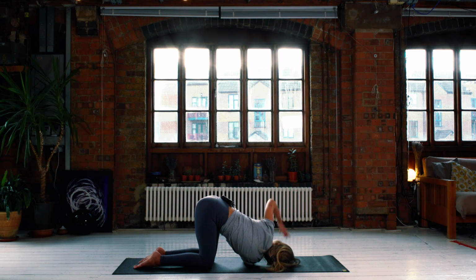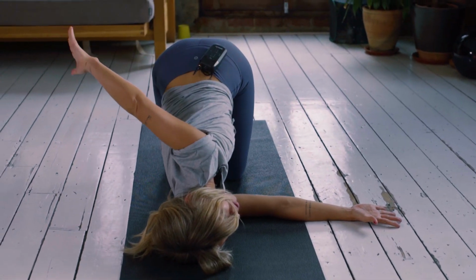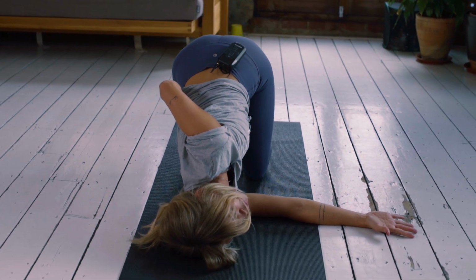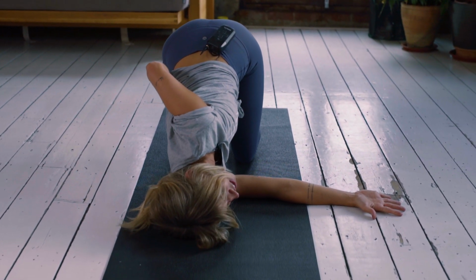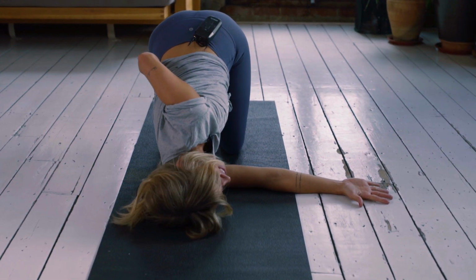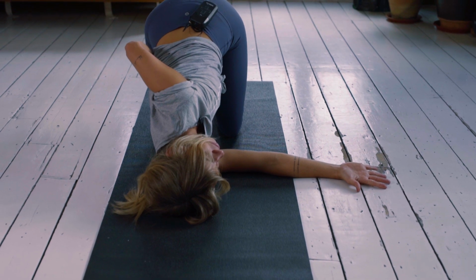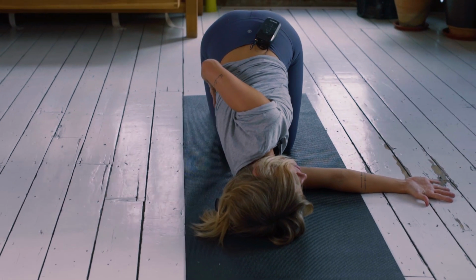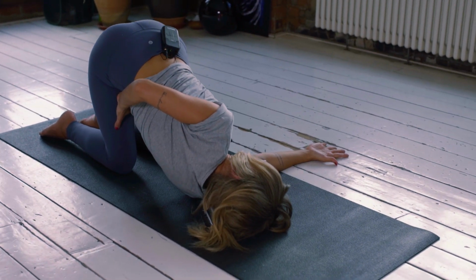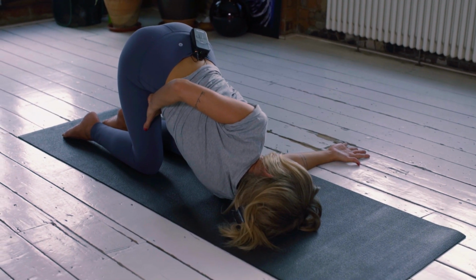And then from here, you might like to wrap this top arm, the left arm, all the way around the back and perhaps even catch hold of your thigh or your hip. So we're just going to start here. Find your breath, inhaling and exhale. Breathe in. Exhale. Take one more deep breath here, breathing in